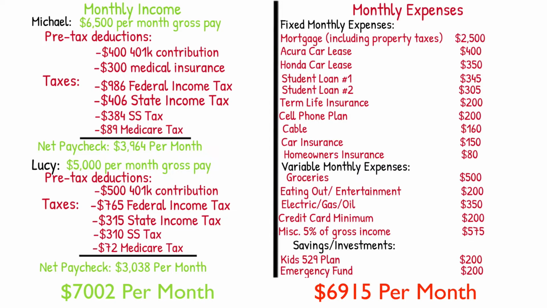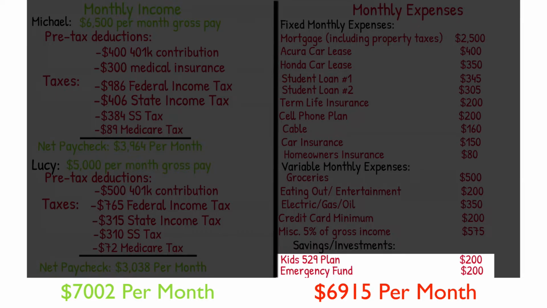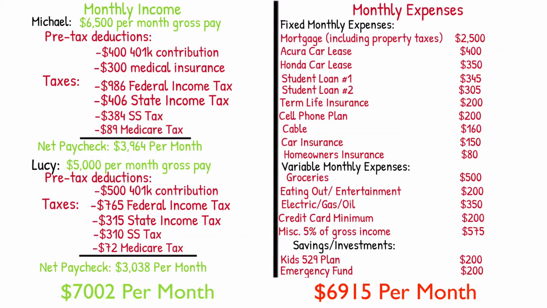The first thing that I'm going to look at is right at the bottom of the cash flow statement. And that's how much their net income is compared to their monthly expenses. Now with that monthly expense number, it does include things like investments, like the kids' college 529 plan and the money that's going into the emergency fund. So the first thing that I'll do in my head is just back out those investments to see how much it does actually cost for them to live each and every month. So if we take out that $400 there down at the bottom, we see that it's basically $6,500 for their